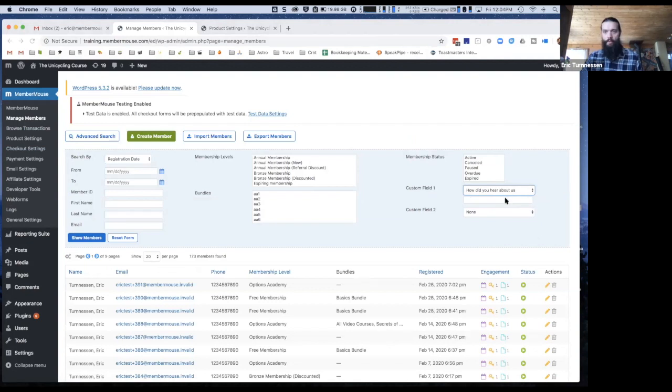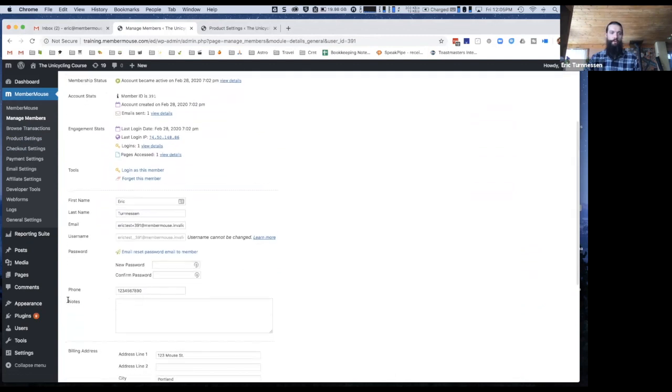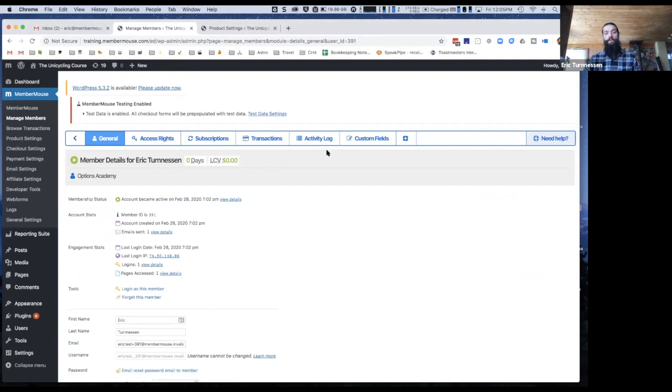Follow-up question from the peanut gallery here. Can you post a note on a member's profile that the member can see? Yeah, with custom fields, you can do that. So another benefit of using custom fields, because this note field is purely for internal purposes only. The customer can't see this. But if you want